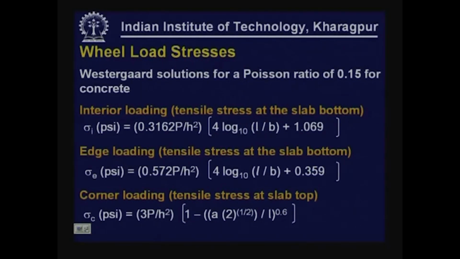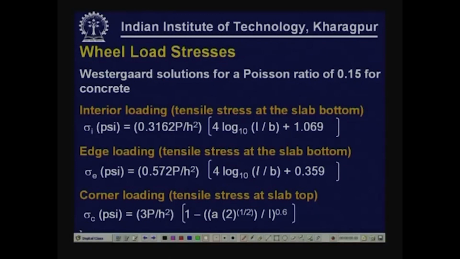So, sigma interior in terms of psi. We have to understand that these equations are in the FPS system. So, sigma in terms of psi is given as a function of the single wheel load that is applied, P, the thickness of the slab, h,